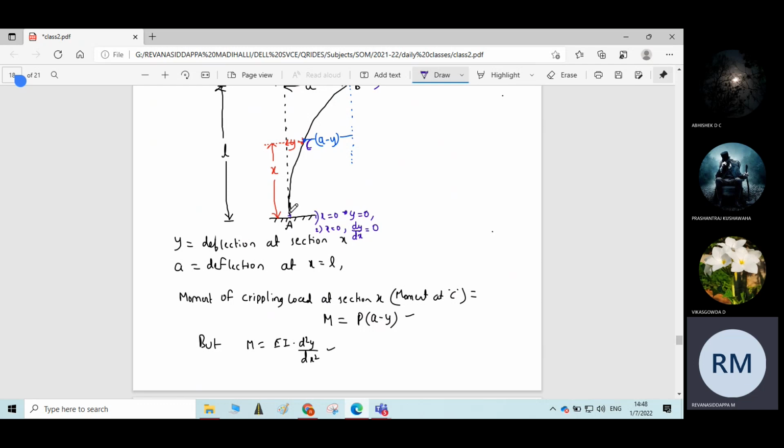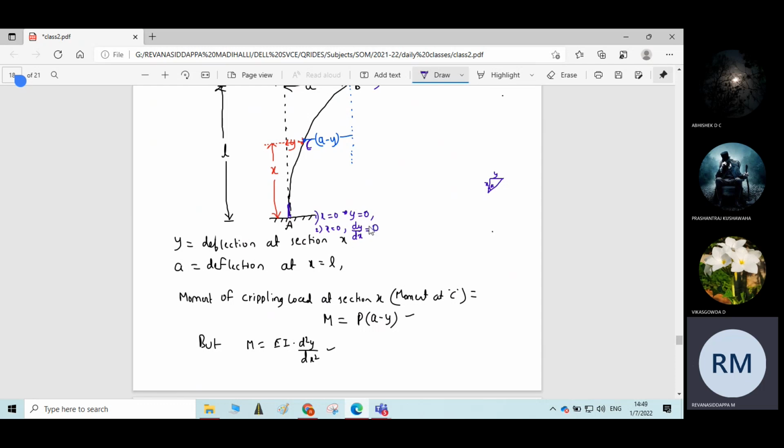Okay, slope will be equal to 0. It will be the angle. It will be a straight line only. It will not be an inclined line if you draw a tangent. That is why, remember, at a fixed support you get conditions: x equal to 0, y equal to 0. Similarly, when x equal to 0, dy by dx is nothing but the slope, theta. Slope only, dy by dx equal to 0.